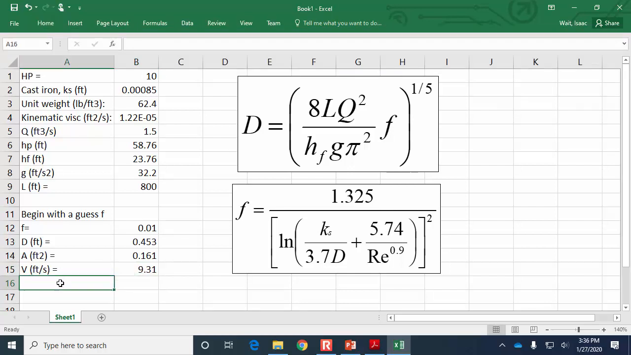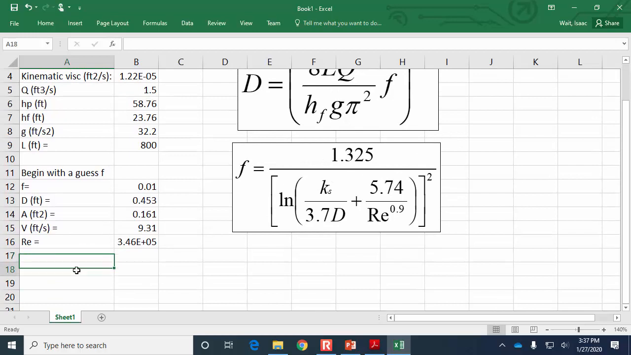Now if we know the velocity, we can calculate the Reynolds number. The Reynolds number is unitless. So Reynolds number, remember, is V times D, and we're using this D that we've calculated, divided by the kinematic viscosity. Anchor the reference so it's always looking up there at the right location. All right, so that's the Reynolds number. Now, next time we do this, we don't have to guess. Now, calculate F